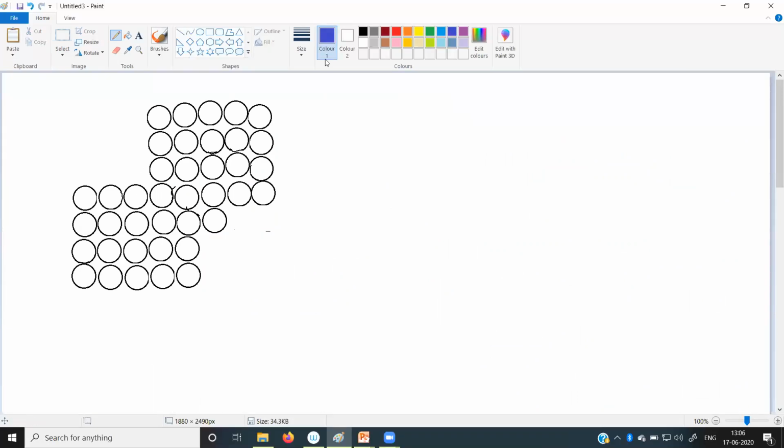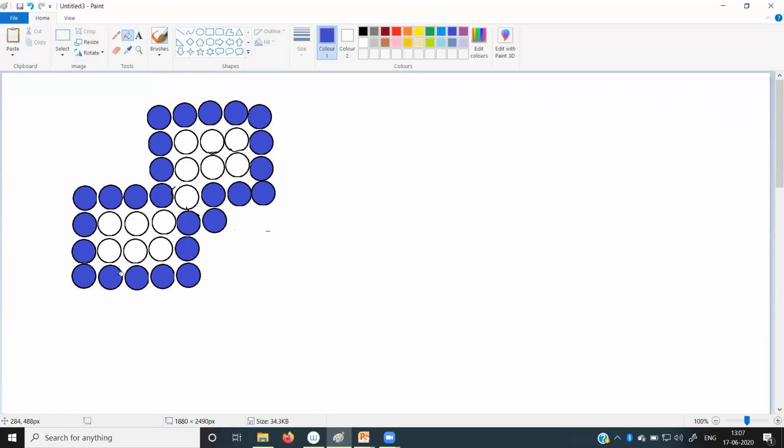The boundary of the polygon is filled up by some color. Suppose for this example, the boundary of the polygon is filled up by blue. Now we have to select a pixel inside the polygon.